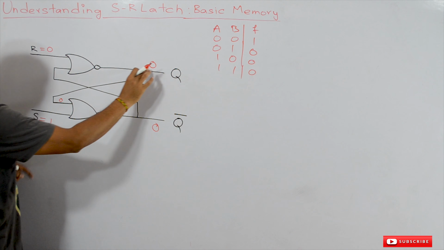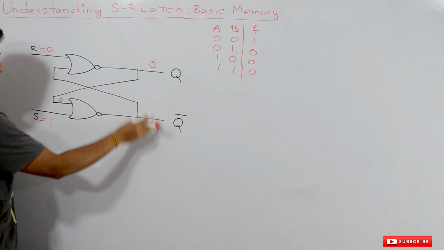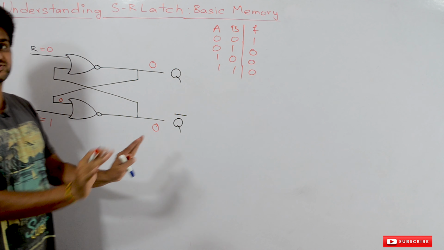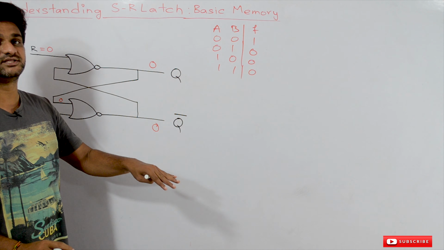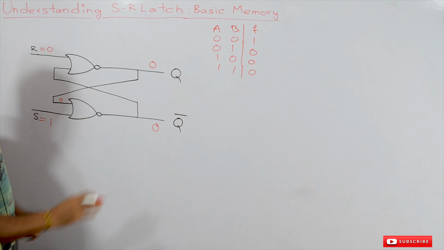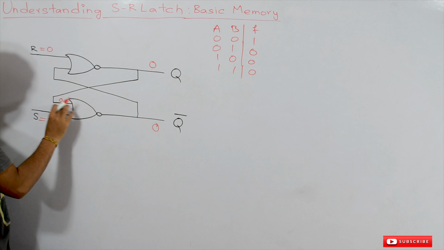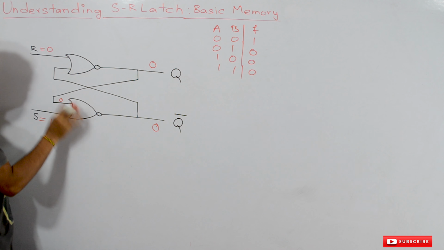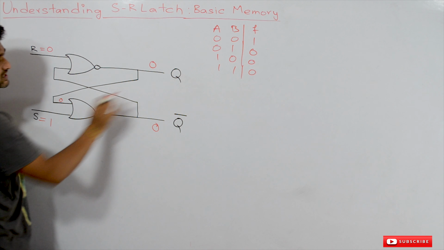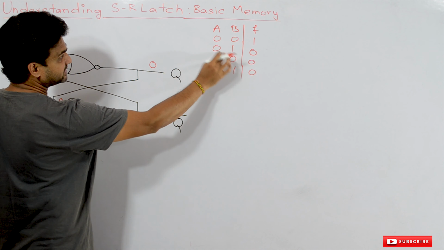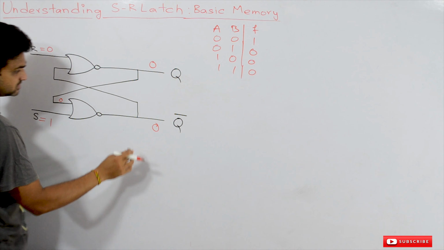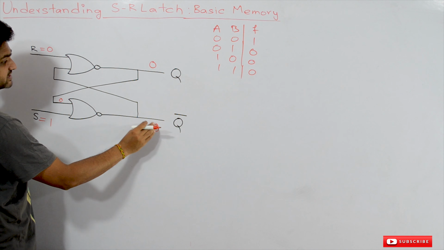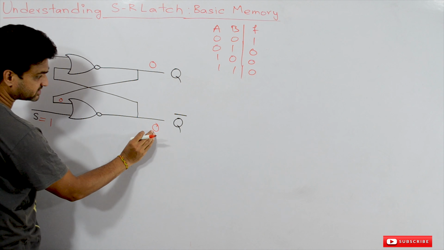Now these are previous outputs. How they have been entered here is not our concern. They are already there on the circuit. Now this 0 is provided here as an input and 1 is provided as the input to this NOR gate. 1 0 gives 0, so the output is going to be 0. Already 0 is there, and again this is going to produce a 0.